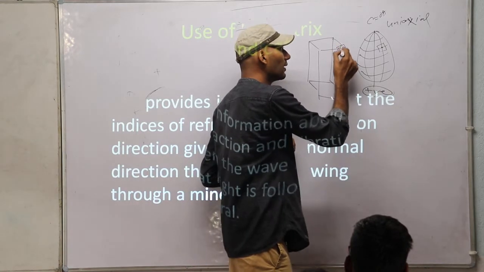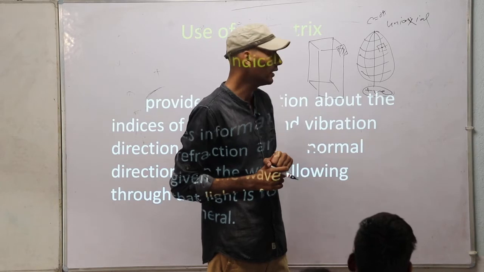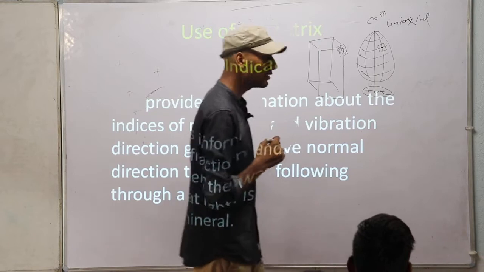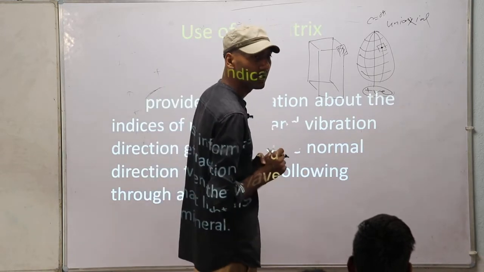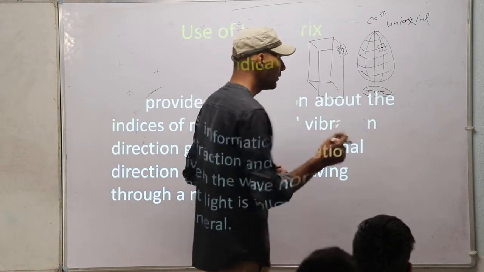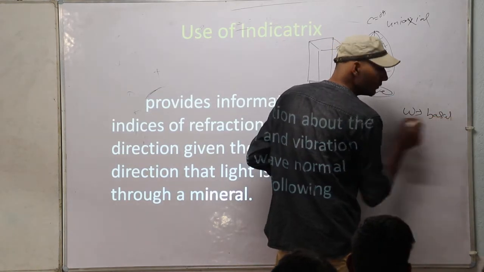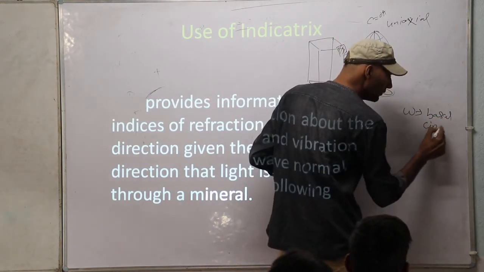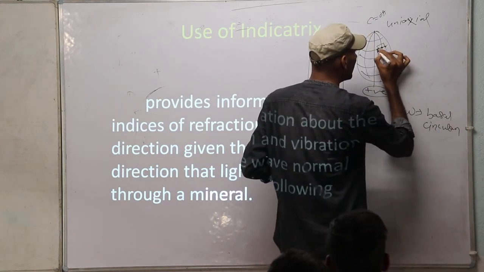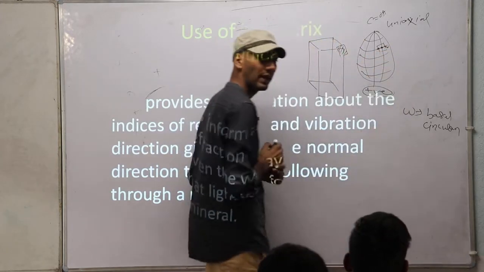Right, in the corner. So that section is, let's say, here. If a light ray passes through this point, I can get the vibration from this indicatrix. How to get that vibration direction? I have already discussed. The O ray vibrates in the basal section or circular section. So which is the circular section? This is the circular section. So this vibration is showing omega.